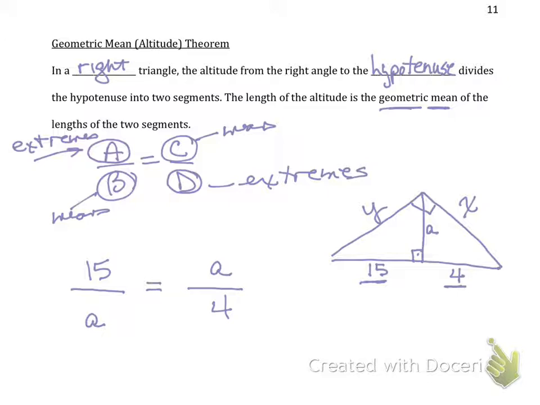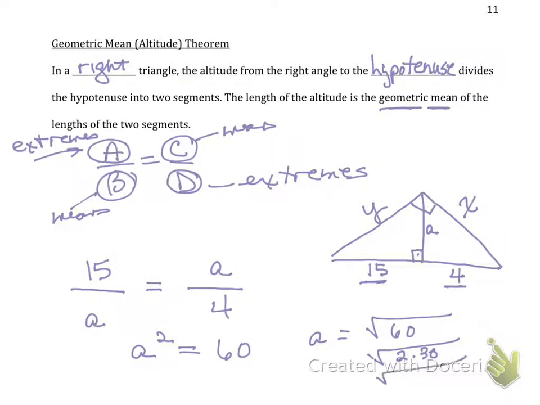So when we do that, we're going to say A times A, which is A squared, equals 4 times 15. And 4 times 15 is 60. So therefore A equals radical 60. And what does that break down into? Let's see. 60 is 2 times 30, which is 2 times 2 times 15,